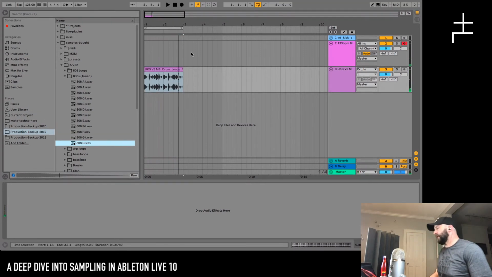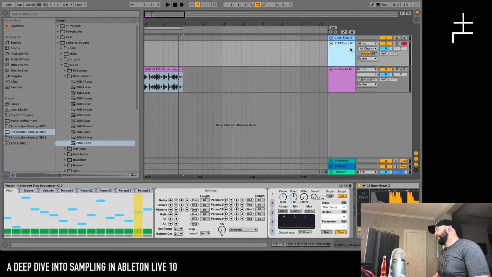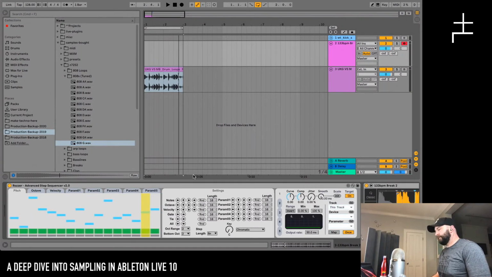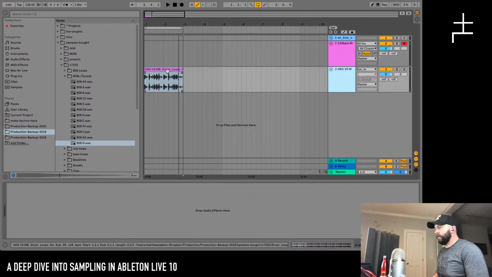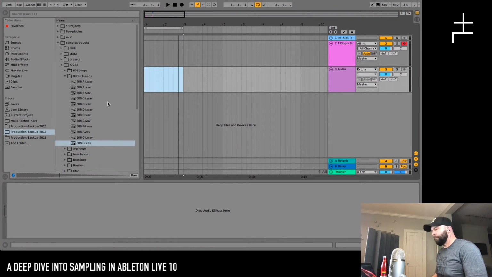Yeah, see, it's already kind of cool, and the breakbeat is just running off of this random step sequencer, which is super fun and easy, and you can change it over and over and over again. So usually what I would do is go back in once I found a groove that I really liked,